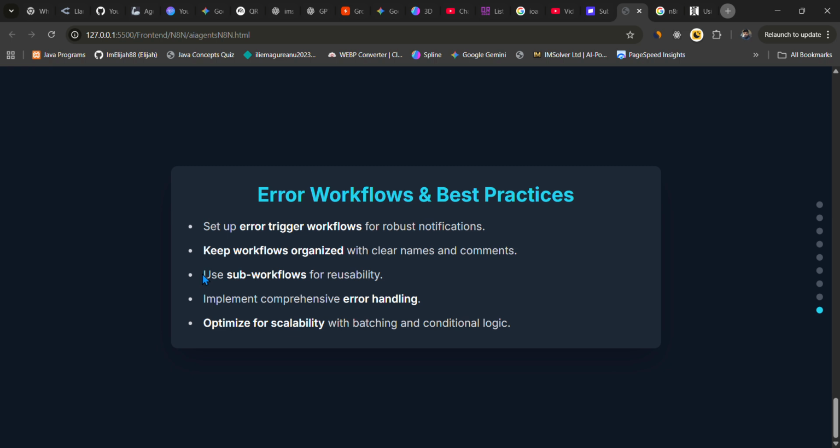It also covers best practices for optimizing your workflows, such as keeping them organized, using sub workflows for reusable components, implementing proper error handling, and designing them for scalability.